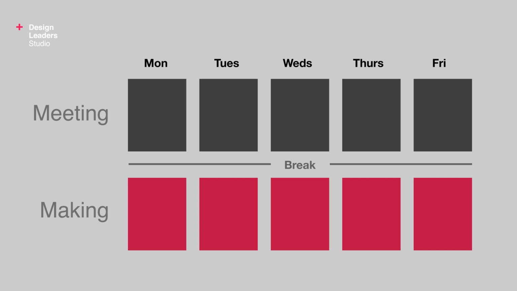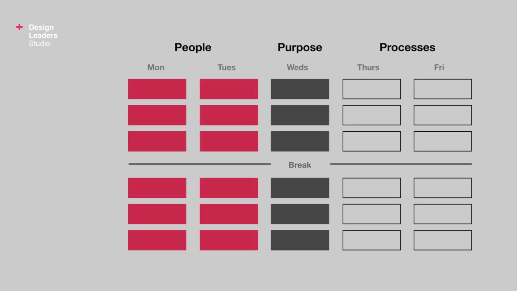And this is where you schedule performance reviews, leadership updates, operational tasks, and all the activities needed to keep your team moving. This approach is centered very much around where and when your energy comes from, and ensuring that you have an even balance over every single day. The second approach is one that I've used recently. It takes the 3 pillars of design leadership, people, purpose, and processes, and divides those across days in the week. The amount of days per pillar very much depends on what your team and your business needs at that time. But my most recent routine looked like this.